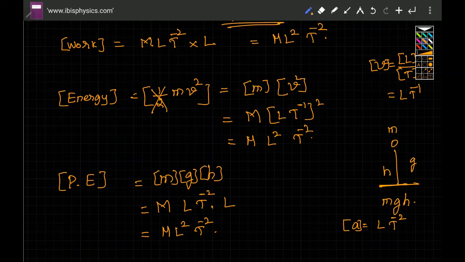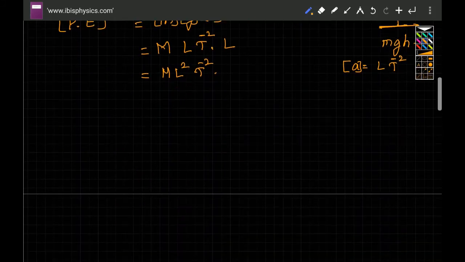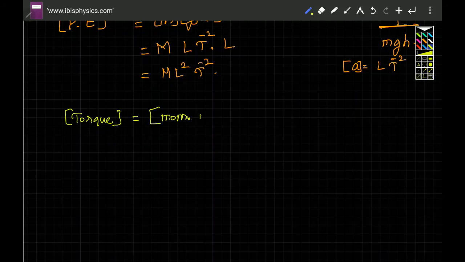So whatever the formula for energy, if you try to find out the dimensions, all will come out to be the same. So the upshot here is that torque has the same dimensions as moment of force, which has the same dimensions as work done by a force, or any form of energy, even nuclear energy developed. All will have the same dimensions.